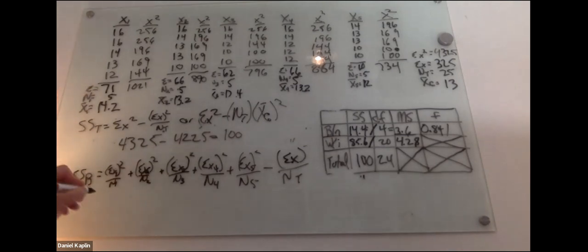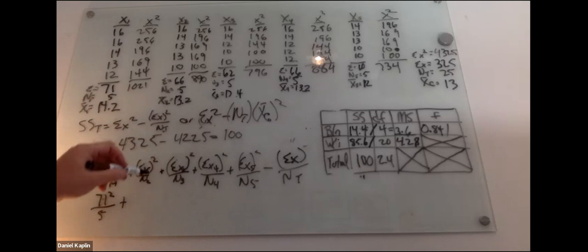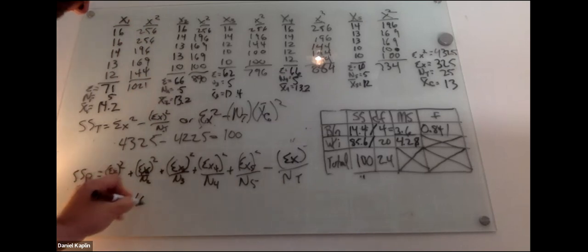What was the sum of x1? 71, right? 71 squared over n1. What was n1? 5, plus the sum of x2 squared divided by n2. I'll say that again: the sum of the x column 2 divided by its number of participants, 66 squared over 5, plus